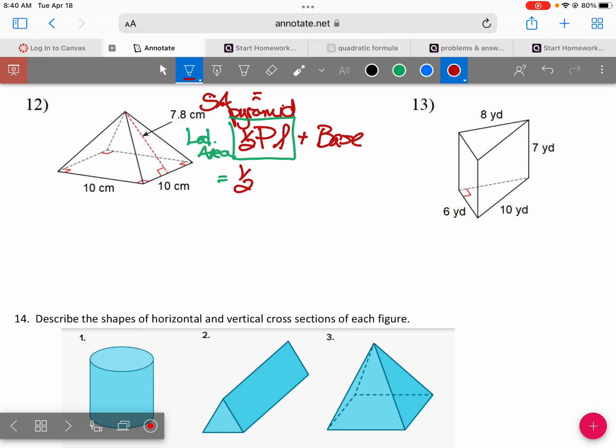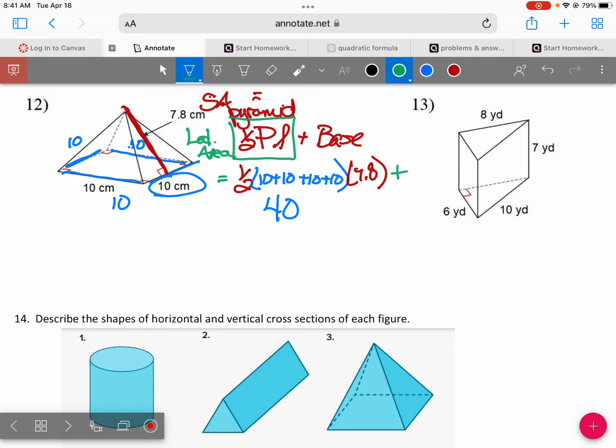Right, Miss Miranda? Come on. So that would be 10 plus 10 plus, what is this length in the back? 10. And what's this over here? 10. So the perimeter is 10 plus 10 plus 10 plus 10, which we know is 40, times the slant height. Did they give us the slant height? Yes, they did. Woohoo! So right here is my slant height, and that is 7.8